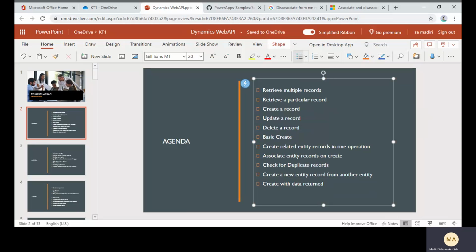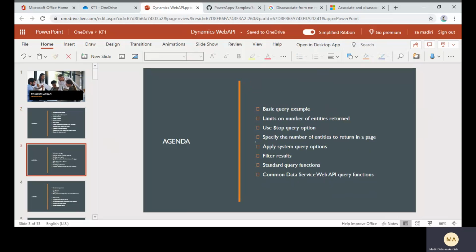And we will see the check for duplicate records, and we'll see how to create a new entity from other entity, and we'll see how to return data when created. And next we will see the basic query example, and we'll see how to limit the number of records when returning the values, and we'll see how to use a top query,